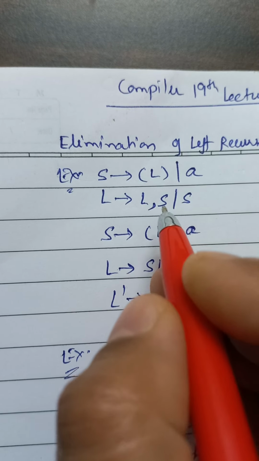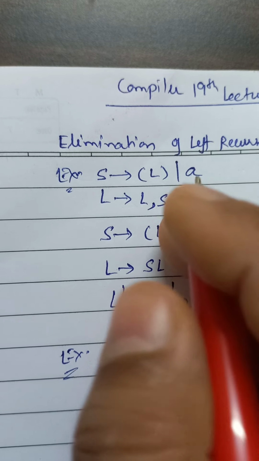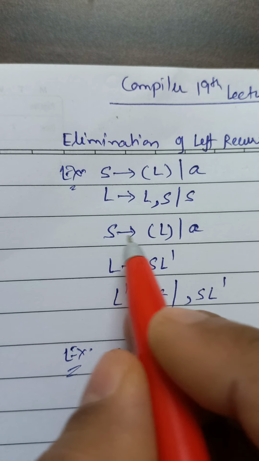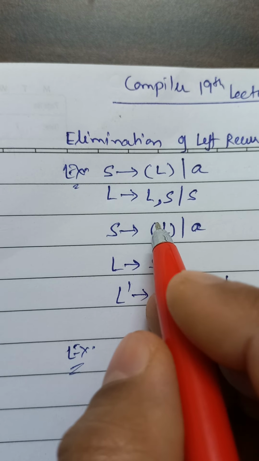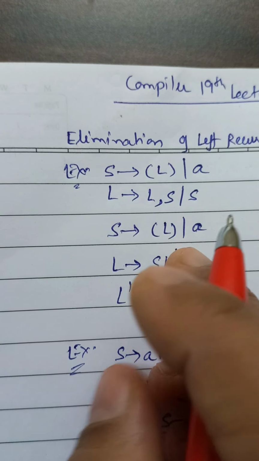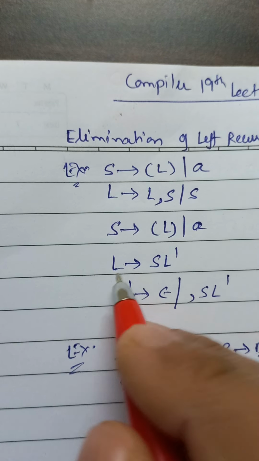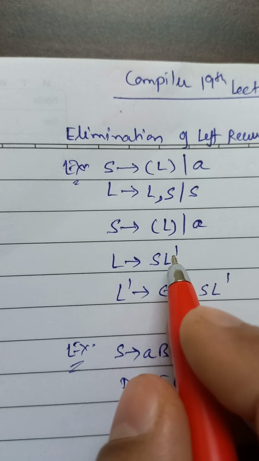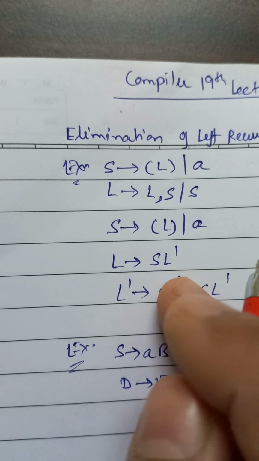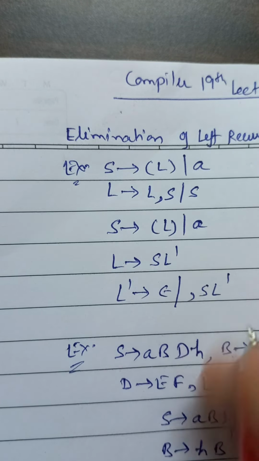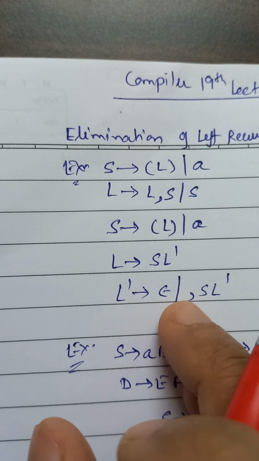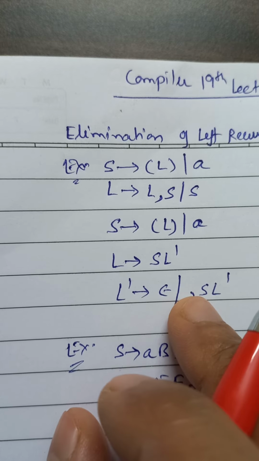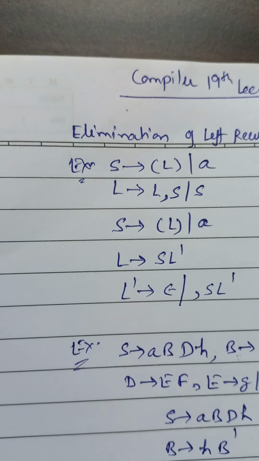So instead of (, S)*, we will take a new variable. How are we going to take it? So that the left recursion will be removed. So S will remain the same: S tends to (L) | A, because there is no left recursion. But here we will write L tends to SL', to remove the left recursion. And what would be the value of that new variable L'? L' can be epsilon if repetition is not required, or ', S L'' if repetition is required. So this will be the grammar, and here we can see there is no left recursion.